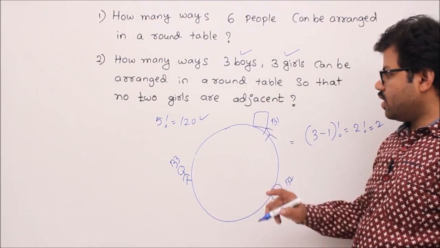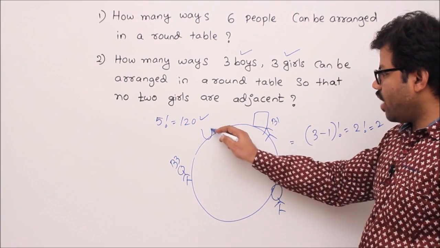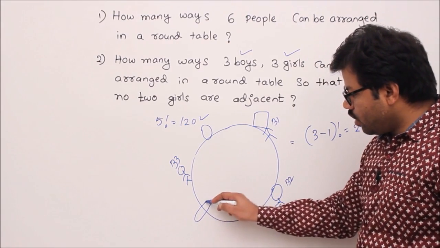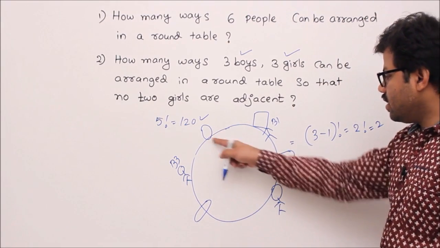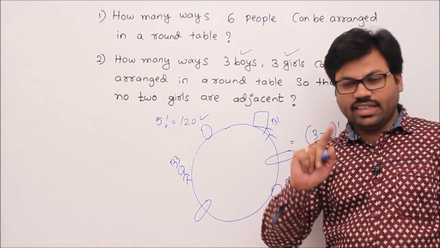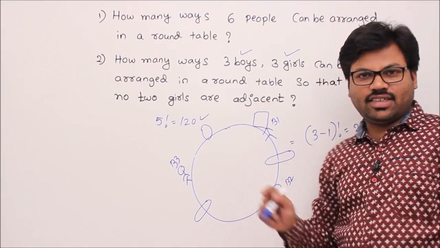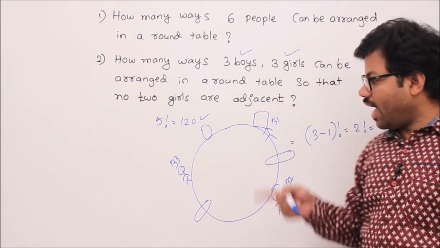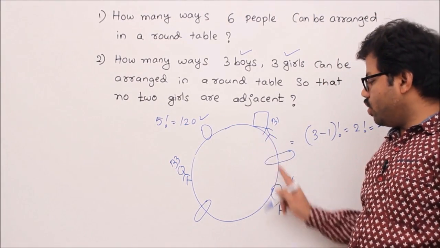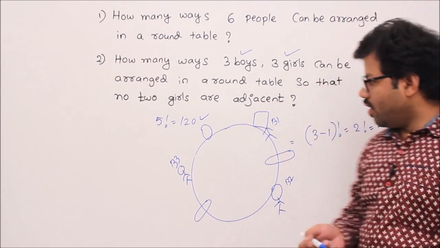In the remaining positions, wherever you get gaps, like you can see a gap here, a gap here, and a gap here, isn't it? In these 3 gaps, we should arrange these 3 girls so that no 2 girls are adjacent, right? So to have that condition, definitely the boys should be arranged first, isn't it? Now